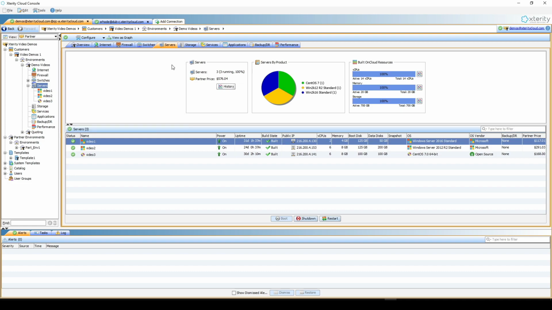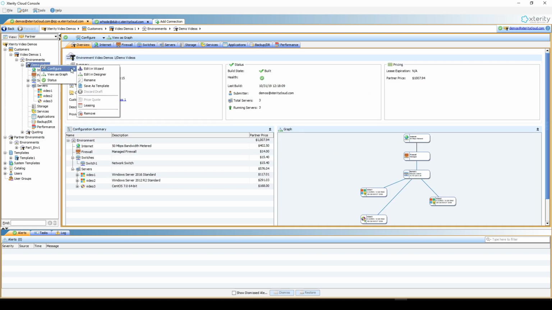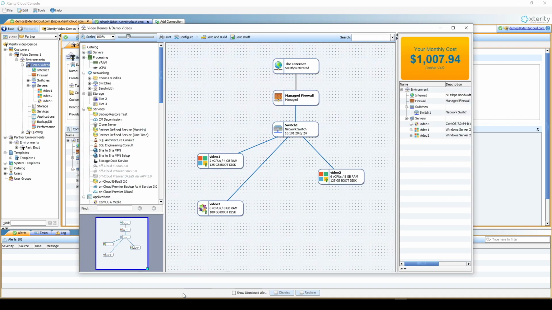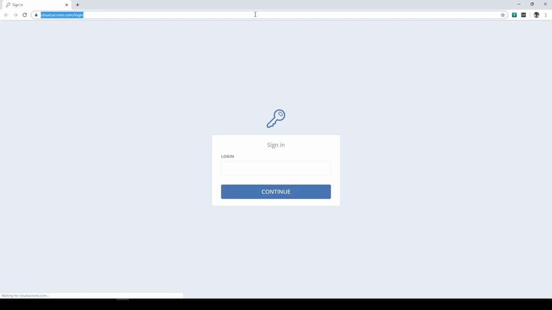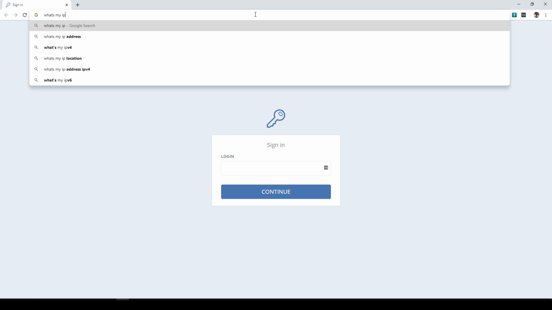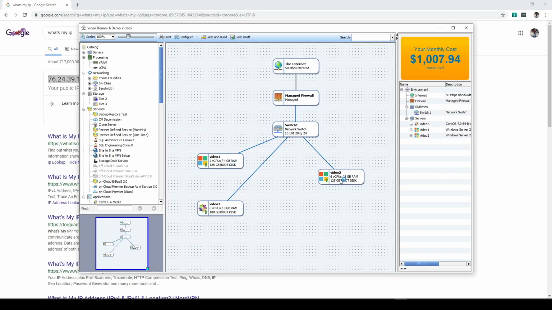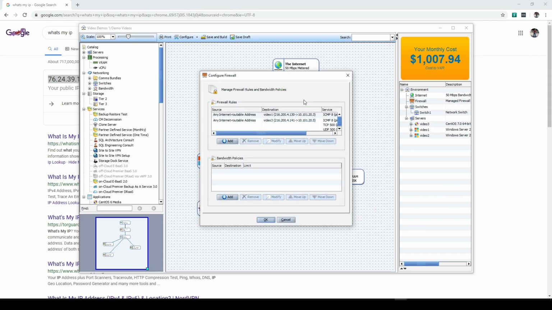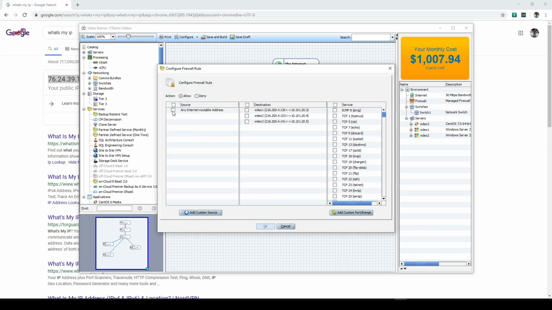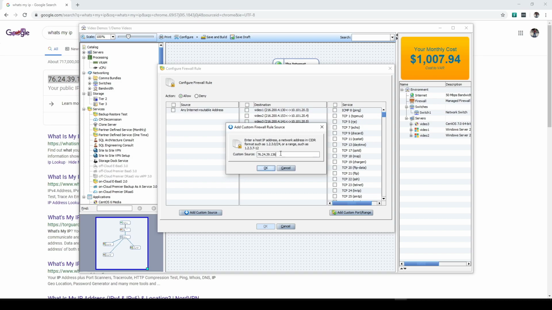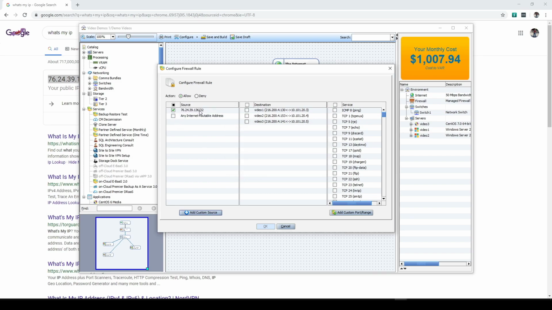I can remove rules. I can add things like, let's go to Configure, Edit, and Designer. And let's say that I have a requirement for only using my public IP. Right? I could say, all right, this is the only address that I want to use. And I want to make it available to video 2. So I can come into Managed Firewall, I can click Add, I can say add a custom source, place in my IP address, notice it's automatically selected. I can hit video 2, say I want just ping, for example, hit OK,